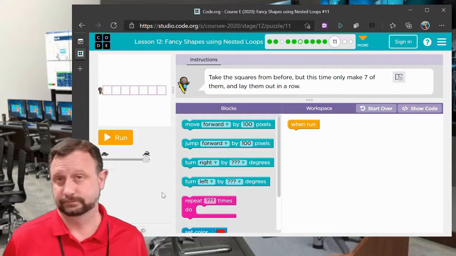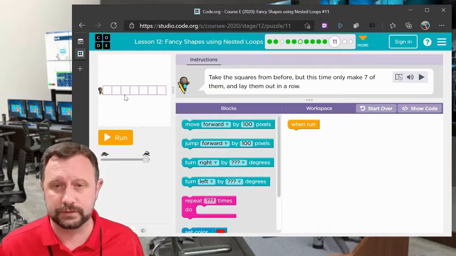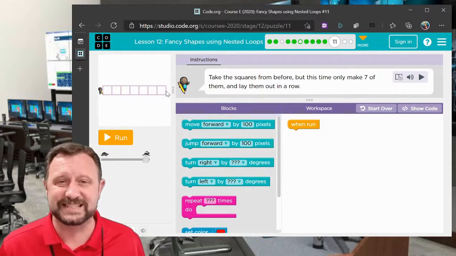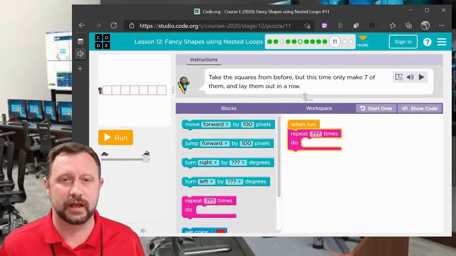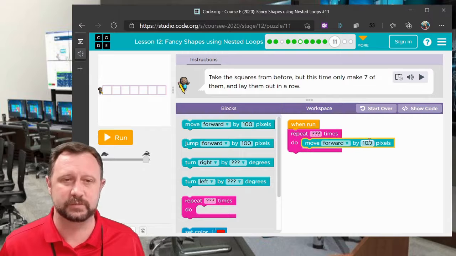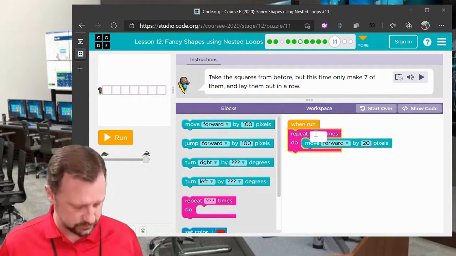Puzzle 11. 1, 2, 3, 4, 5, 6, 7. 7 squares in front of each other. How big are they? Does it tell us? It doesn't tell us. I better try and figure it out. Last time I used this, it was about 20 pixels, wasn't it? So let's try 20 pixels to go forward